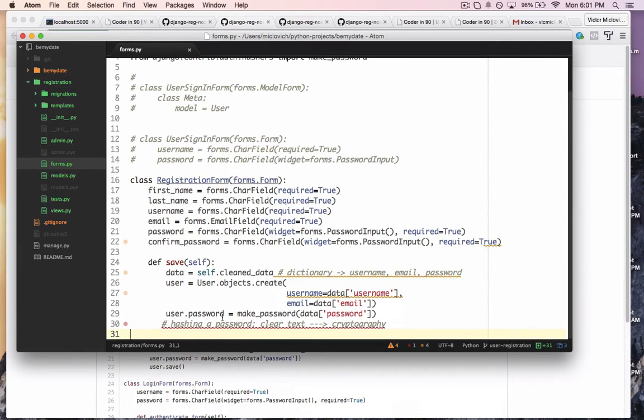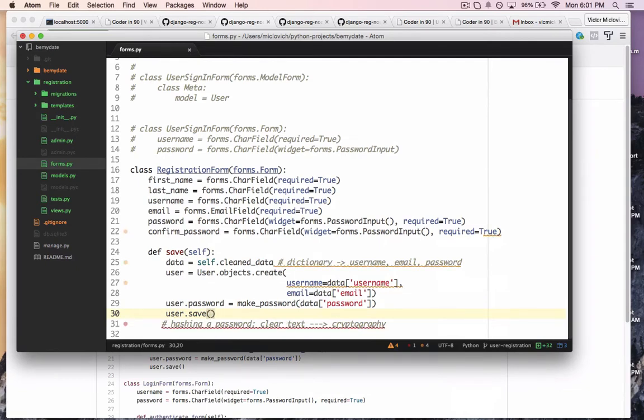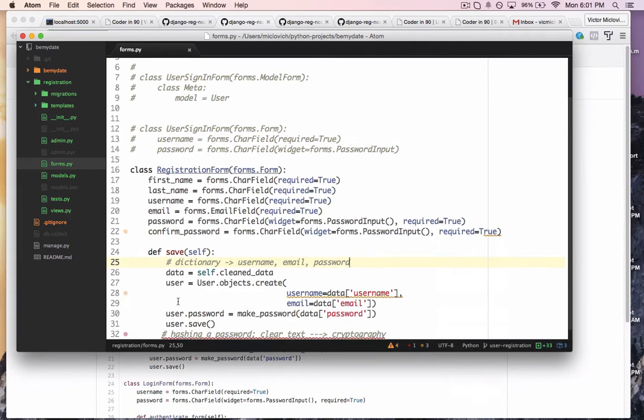So after we've made a password and set this attribute in the existing user object, or instance of the user, we have to save. And that's it. We have our quick form that will be used for,